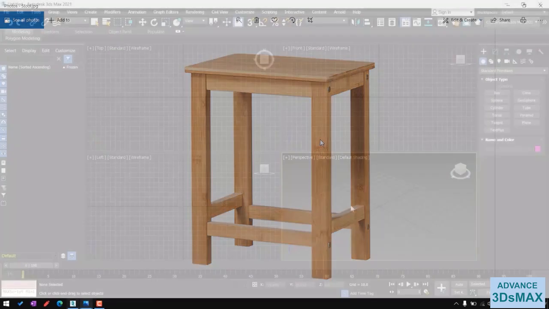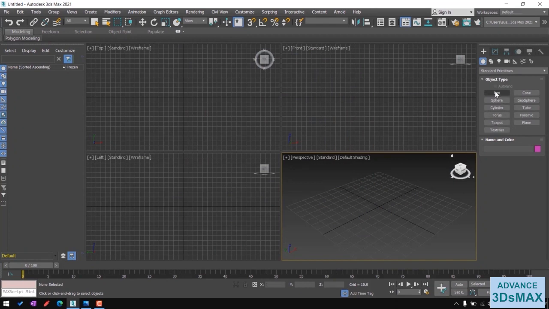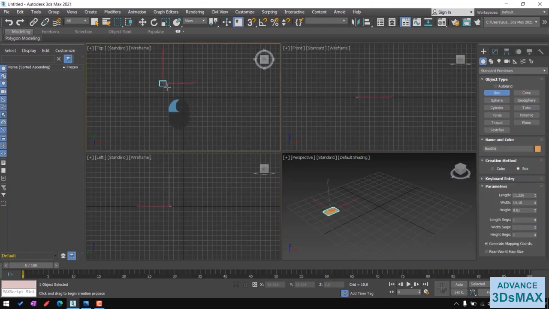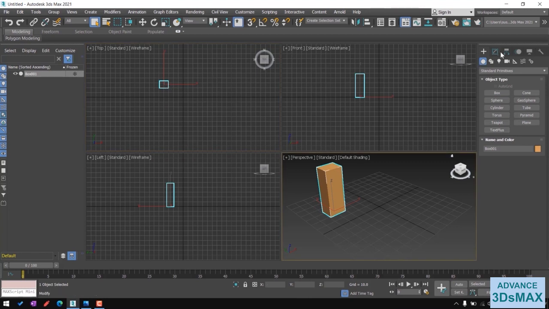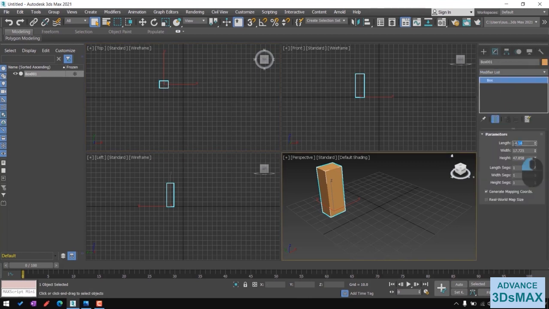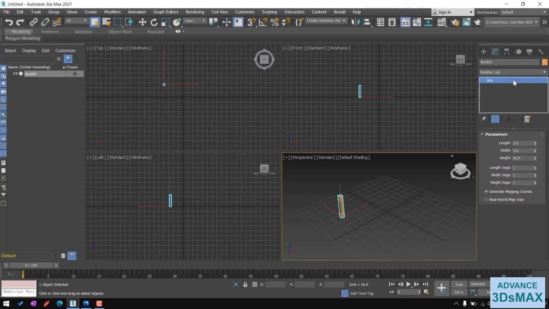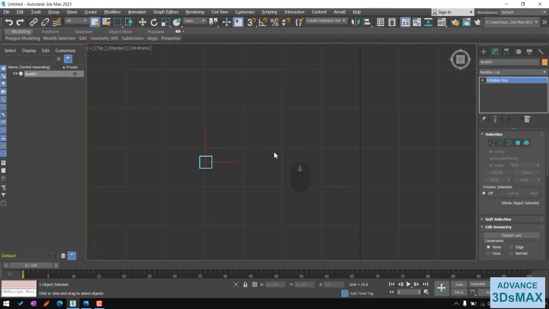So let's start. First I create a box. Go to the modify section and change the dimensions: length and width 3 and 3 units, and the height 24 units. Now convert this box to an editable poly. Now we create some connections like this